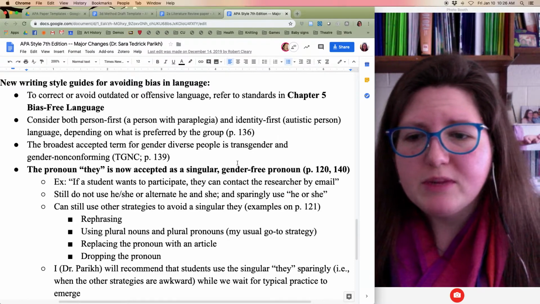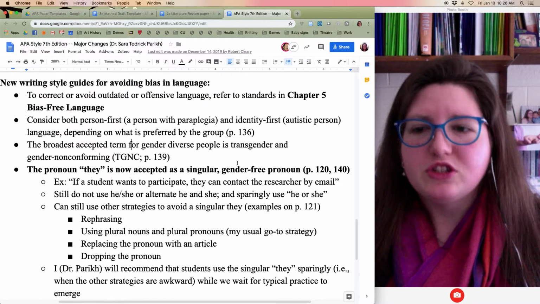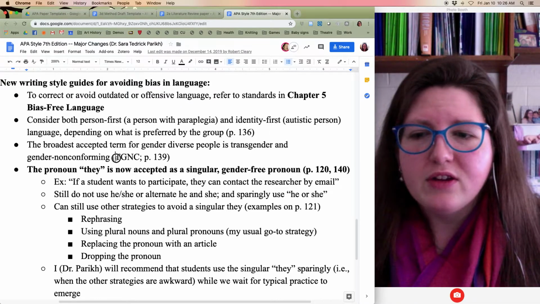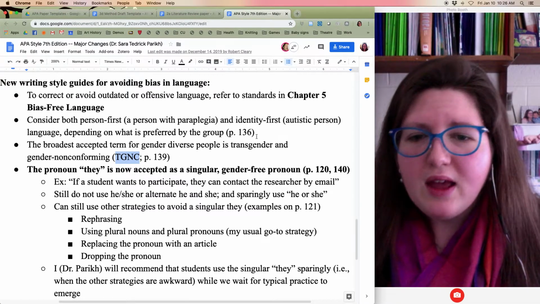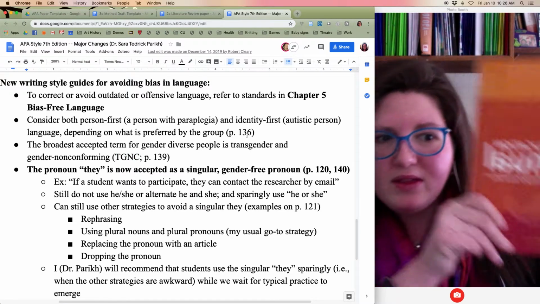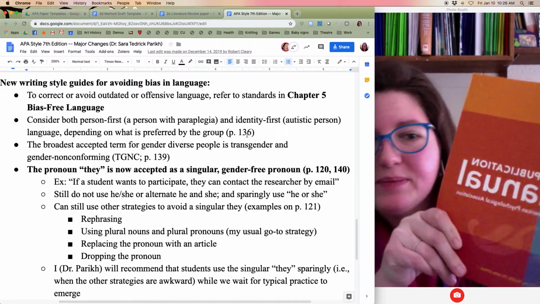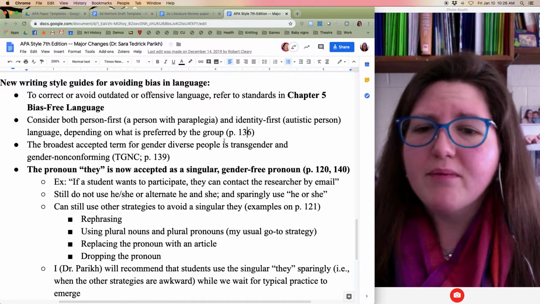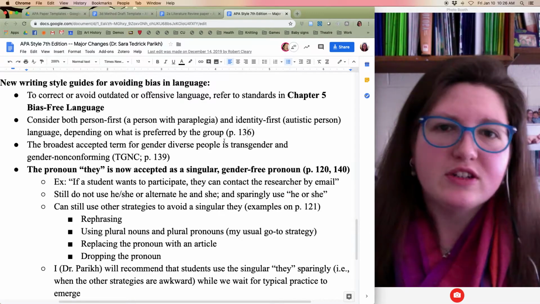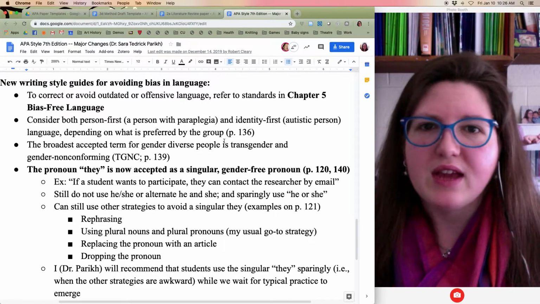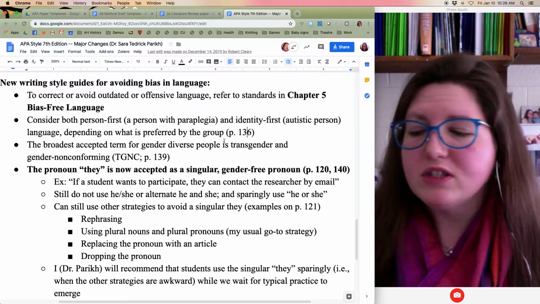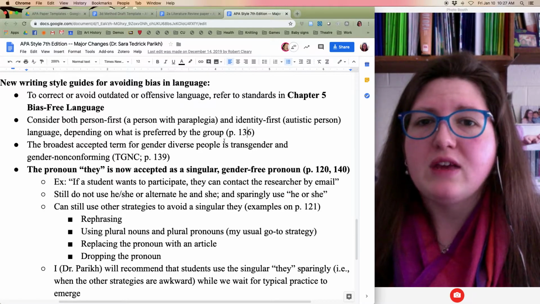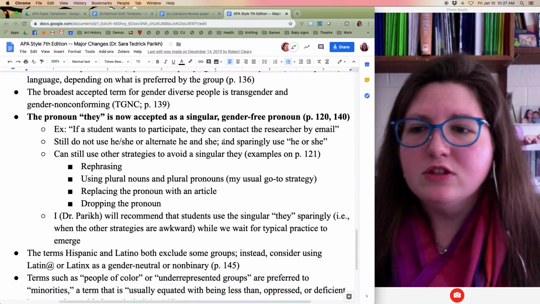So for gender diverse people, there's a broadest term that is preferred, transgender and gender nonconforming, and then you can shorten that to TGNC. The page numbers that I give are from this book, the paperback non-spiral. I imagine that the spiral bound is probably the same page numbers, but it's all in chapter 5, and there's headings. It's fairly easy to navigate. So I would suggest at least skimming through that section in general, but particularly if you're writing about a population, look at the